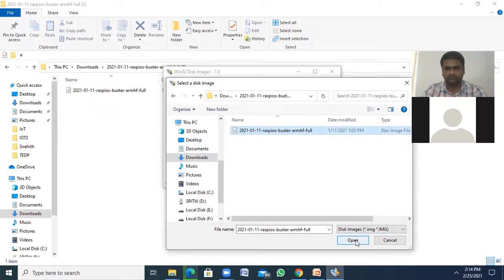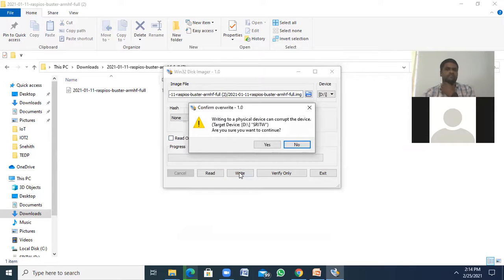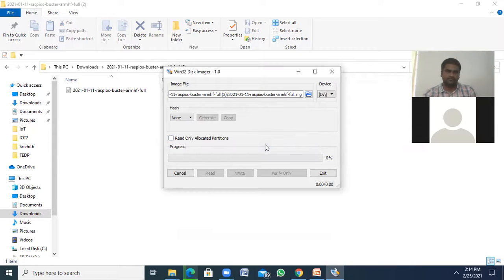Open it. I'm selecting the image and I'm clicking the write button. It's going to ask, do you want to continue? Yes. And it will take 10 to 15 minutes.